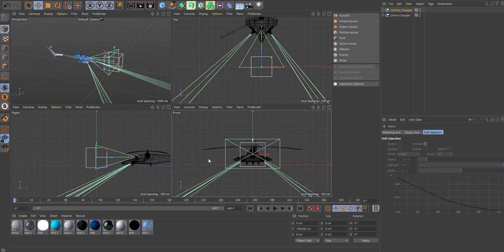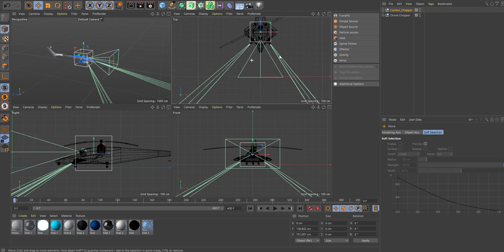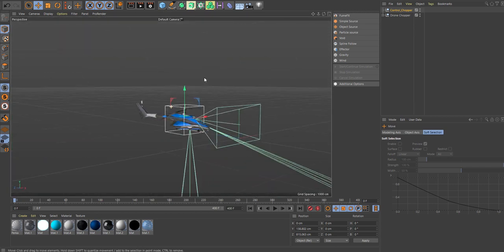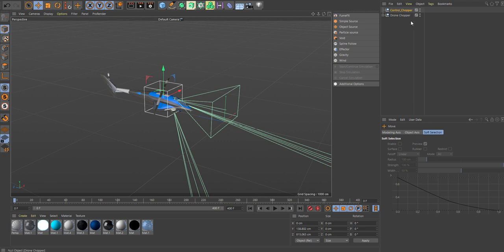And we want it to be just around the middle of the chopper, because it's going to control this body here, like so. So this will be the one we're going to use to control the chopper instead of using this null,